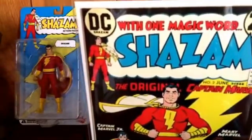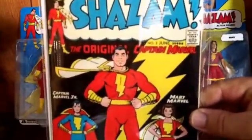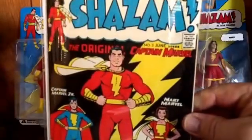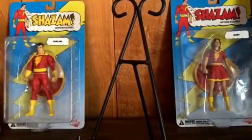But I'd like to send it off. I just think #3 is a cool cover, just the way it's laid out and everything. So I'm gonna send it off, I think. Next one